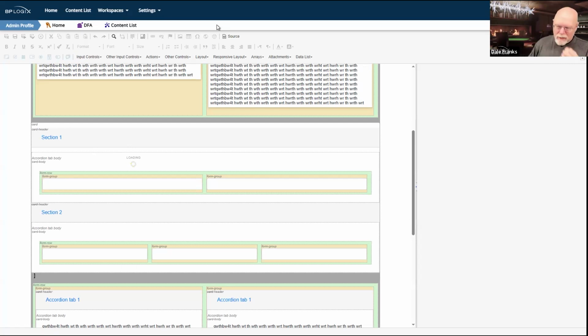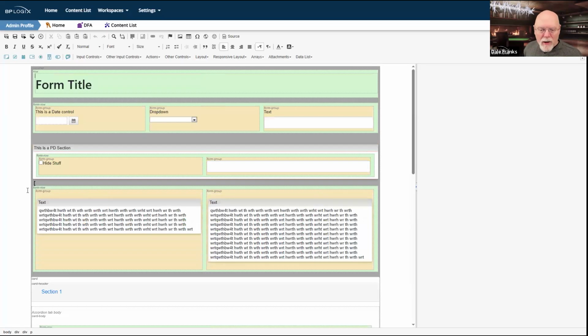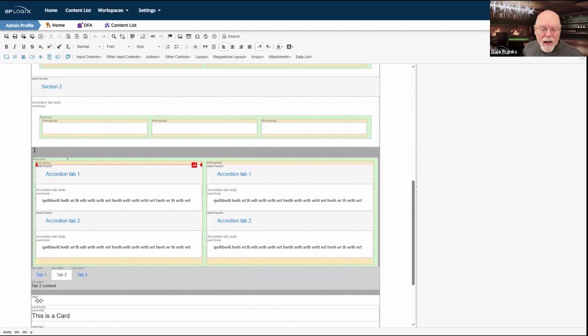It's how they work. And I do want you to notice it's how they work because we're going to see it again when we look down here at these accordion tabs. Let me go back here and explain before we show. What I've done down here is I've dropped in a form row and then a form and then two form groups. And then inside each of those form groups, I've dropped in a couple of accordions.